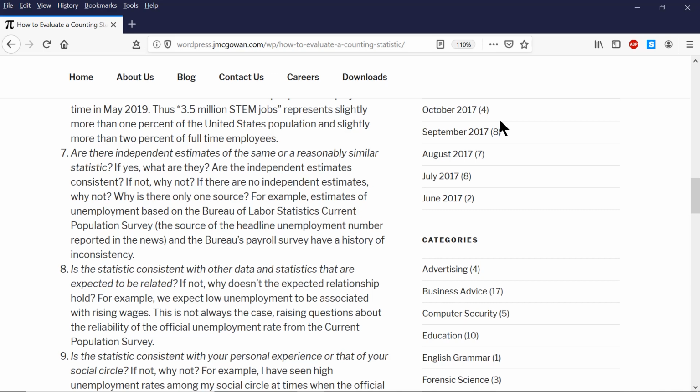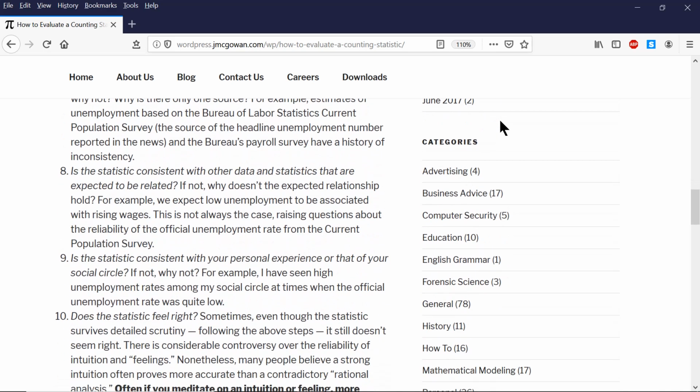Another thing that's important with statistics is to look at other data and other statistics that you expect to be related. Do you in fact see the relationship you expect? For example, if you have a really low unemployment rate, you'd think that wages would rise, right? If companies are struggling to fill jobs, wages will rise. That actually hasn't happened much the last several years until quite recently, even though the government keeps reporting very low